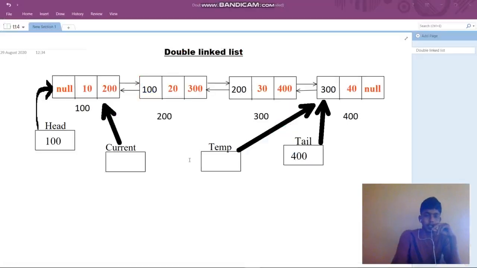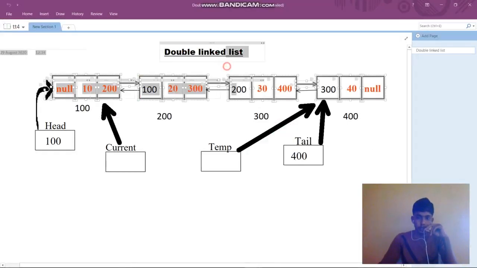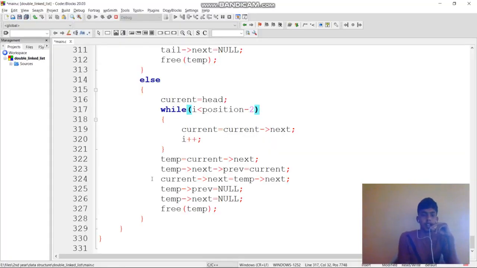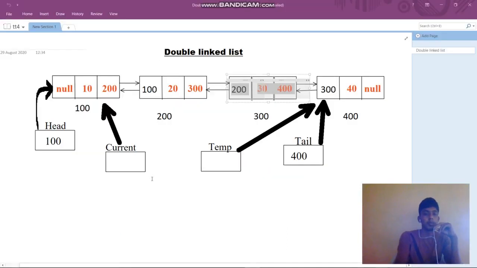Now let us consider this node I am going to delete. So the current points here. Now what will happen? Temp equal to current of next. That means temp equal to current of next. Current is 200, current of next is 300. 300 is stored in temp, so it points here.